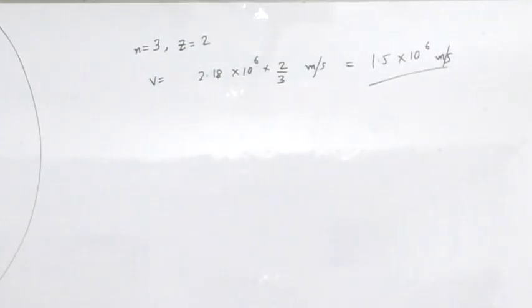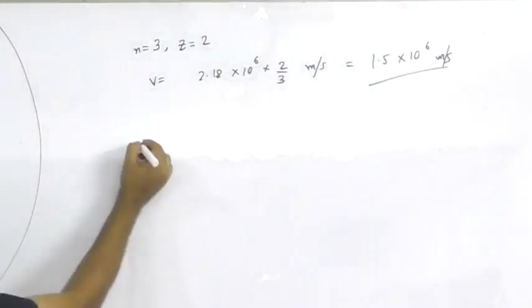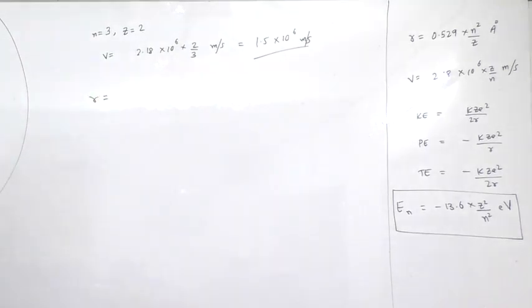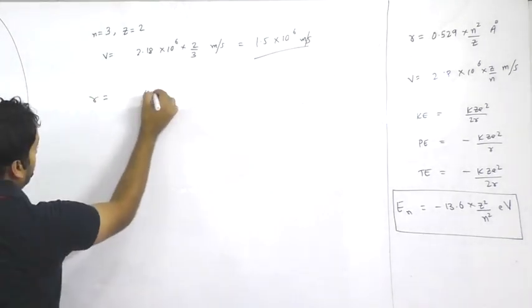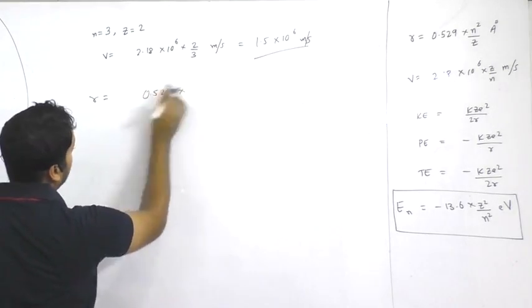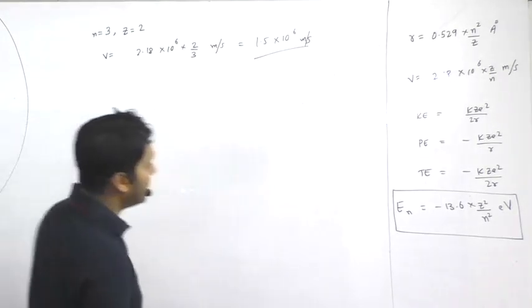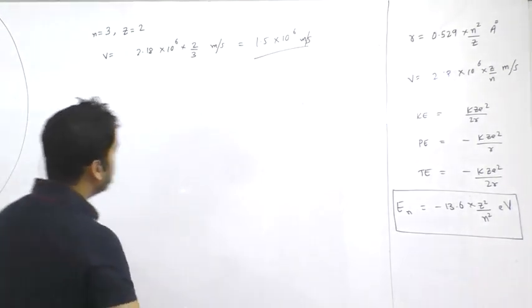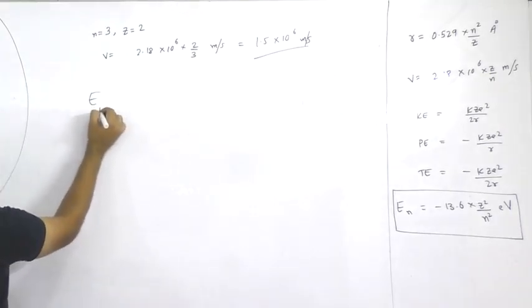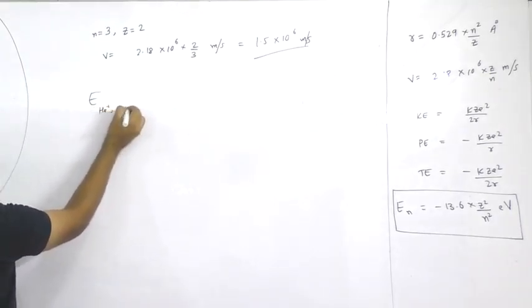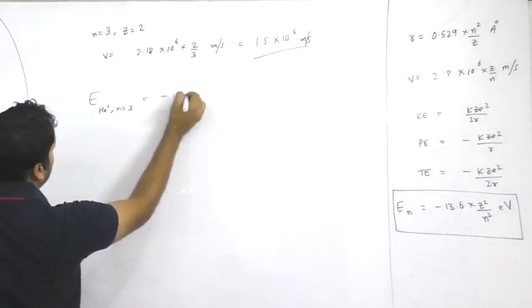Straightforward. You just have to apply the formula. You must remember these formulas. Next, we also have a formula for radius, right? 0.529. Acha, radius we don't have to calculate. What is the question asked for? Energy. So the energy of the electron in helium plus atom in orbit number 3 will be minus 13.6